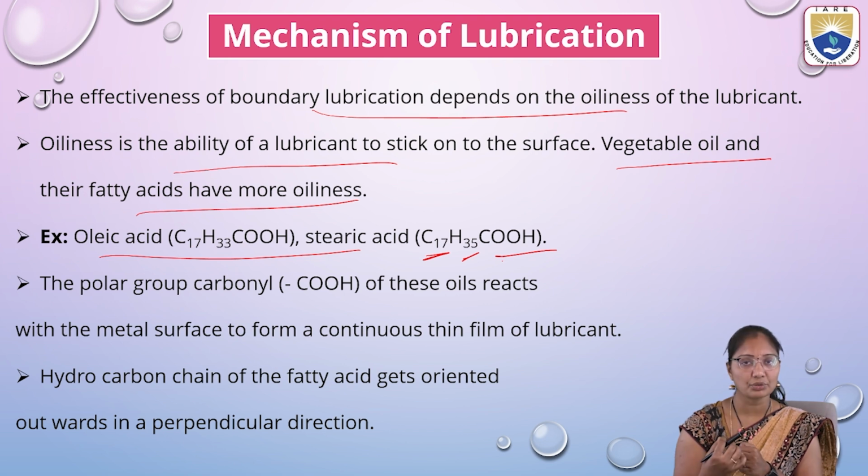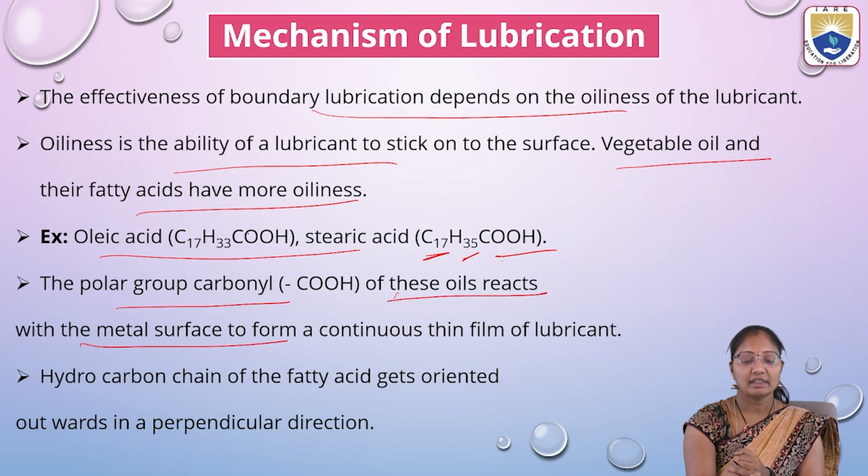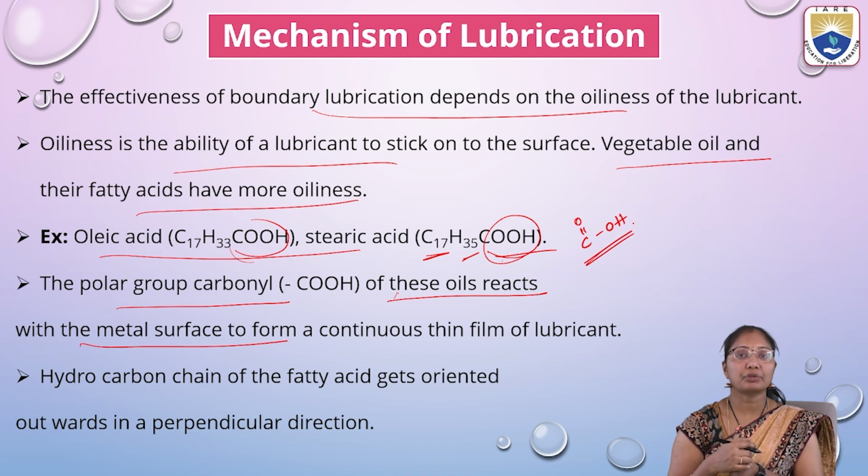They stick easily onto the metal surface and form a thin layer on the metal surfaces. So the polar groups like carbonyl in this oil react with the metals. They contain a carboxylic polar group, so the carbonyl group, C double bond OH. These polar groups have the capacity to react with the metal surface to form a continuous thin layer on the surface. So this lubricant has a capacity to react with the metal surfaces because of this carboxyl group, carbonyl